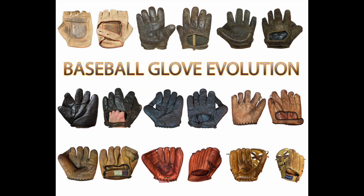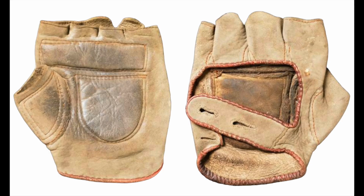All right, everybody. As promised, I'm going to take you through a pictorial evolution of the baseball glove. I'm going to put some values on the first few gloves. After that, the value becomes so dependent on brand, condition, and player model that it doesn't really make sense to give you a price range. To start off, the first baseball glove was introduced in the mid-1870s, and it was a